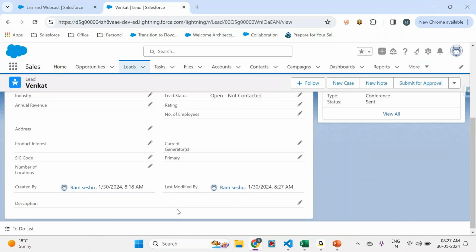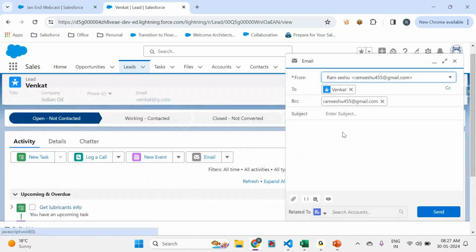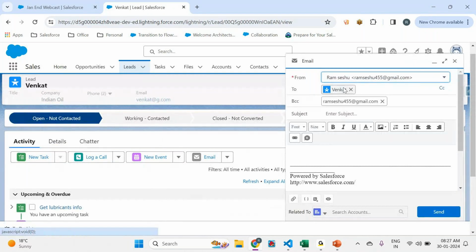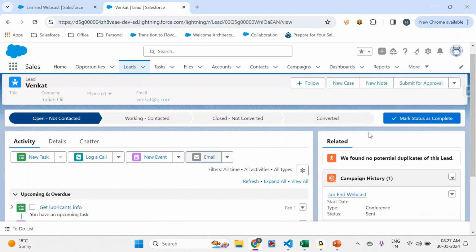If I go to my activity, email, see, Venkat email only captured. From here I can send whatever information that I want, so that it will be tracked over here. So what will happen, whatever activities that I'm doing here to convert Venkat as my customer is being captured over